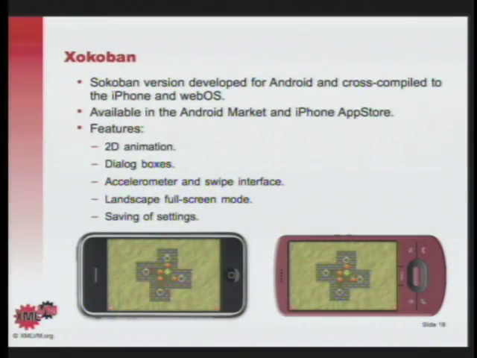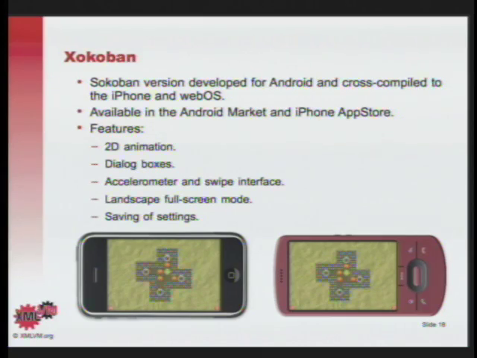So if you download XMLVM, there is a little application that we have done. Now, we are tool developers, we are not game developers, so don't expect too much of that application. It's a little application called Sokoban. The gaming idea is fairly old. It's a little strategy game where you have to push, in this case, apples to target areas, and so the little guy in the middle has to push these apples to the white outline target areas.